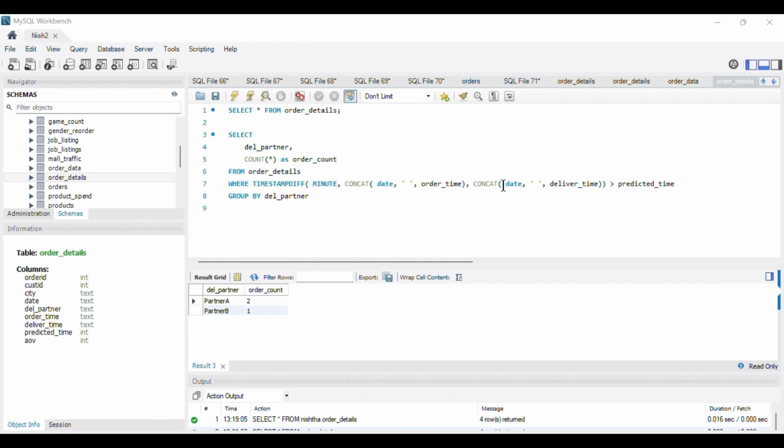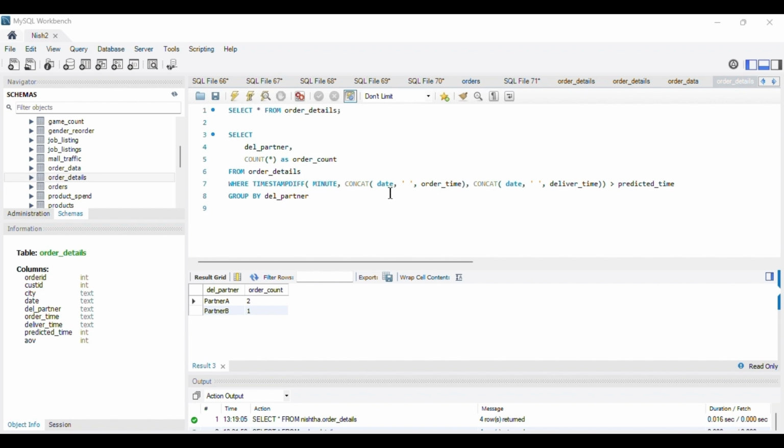And similarly we have done the same for the deliver time, to combine the date and deliver time into a single date time value, since this is the syntax of the timestamp diff function, that expression 1 and expression 2 must be in date time format.